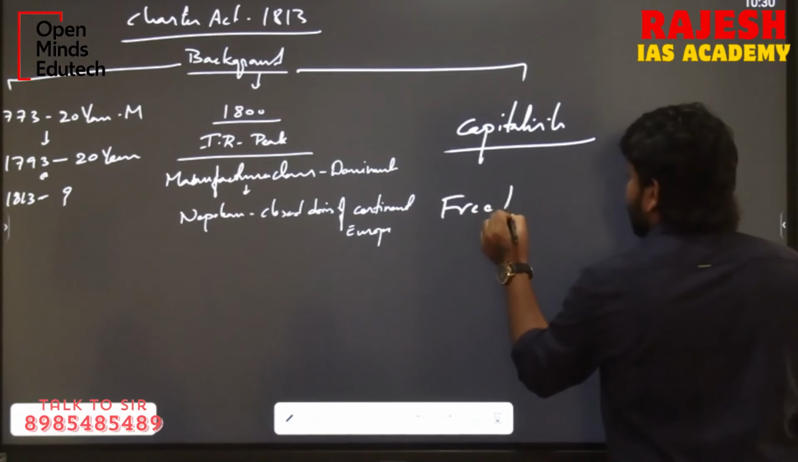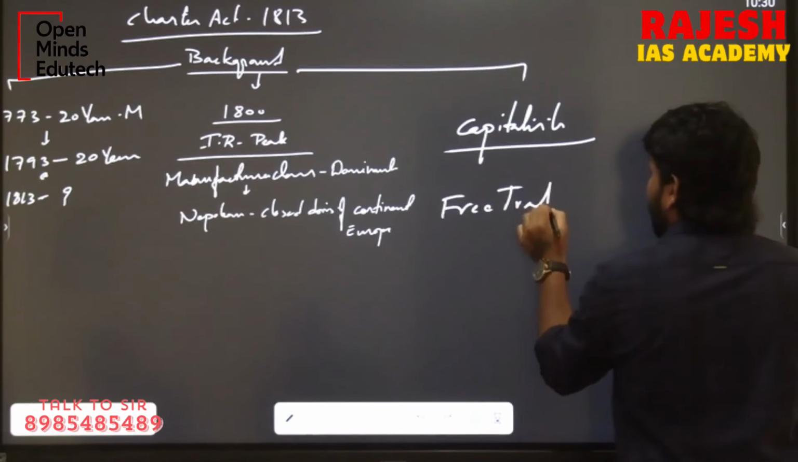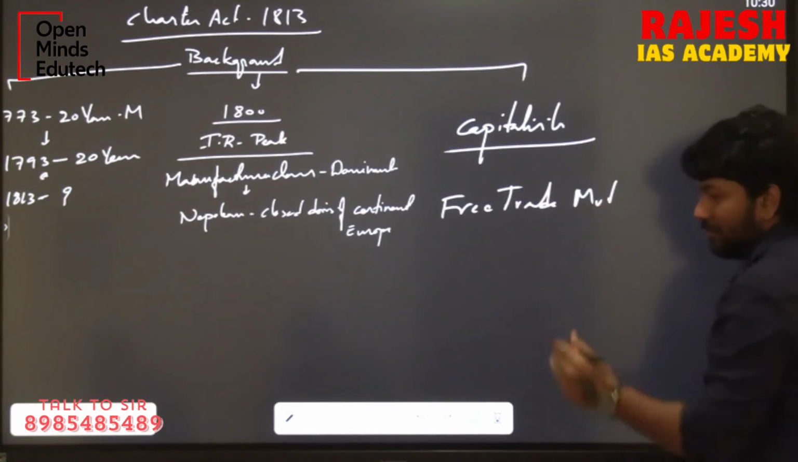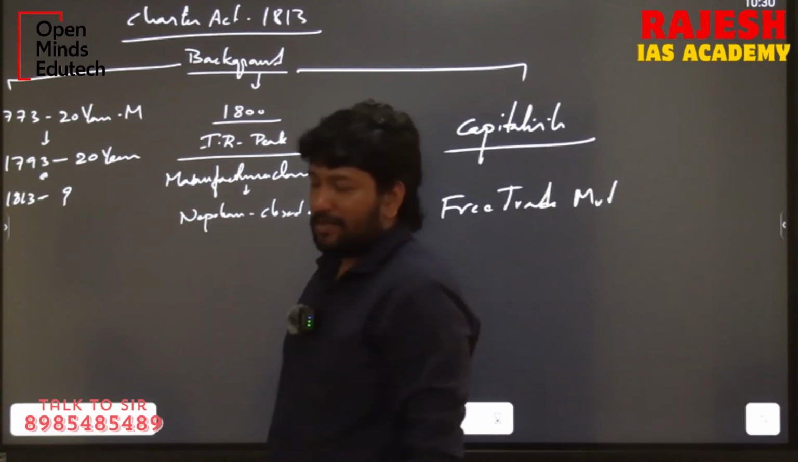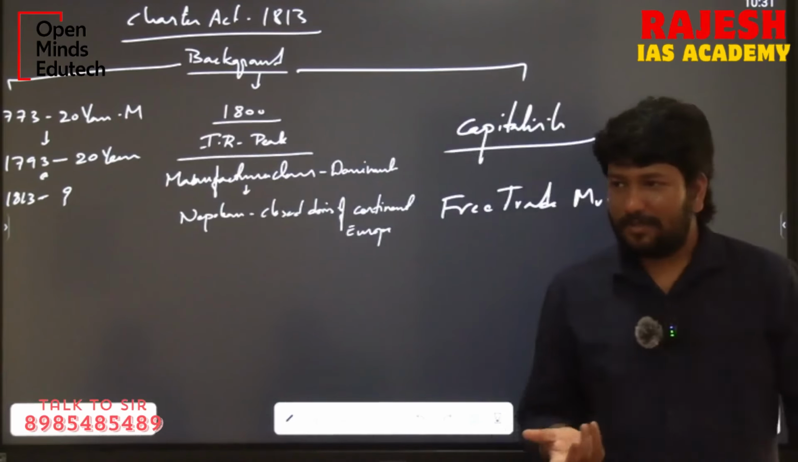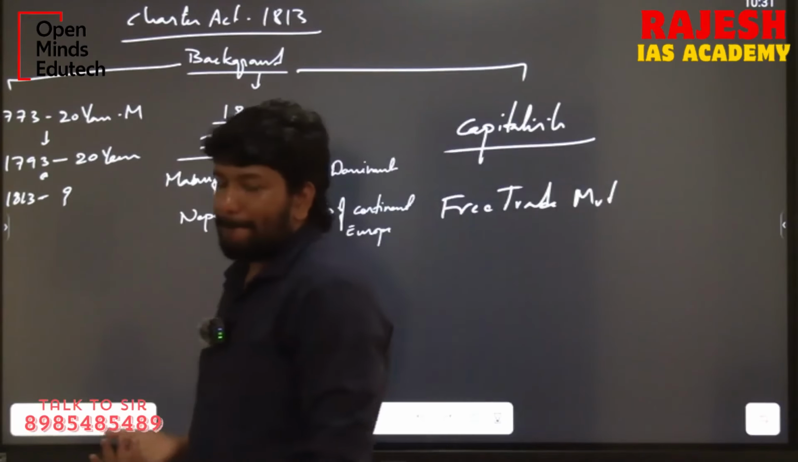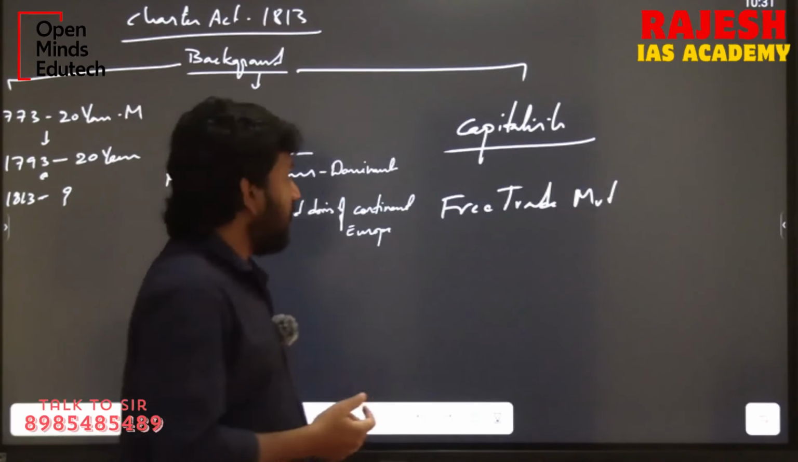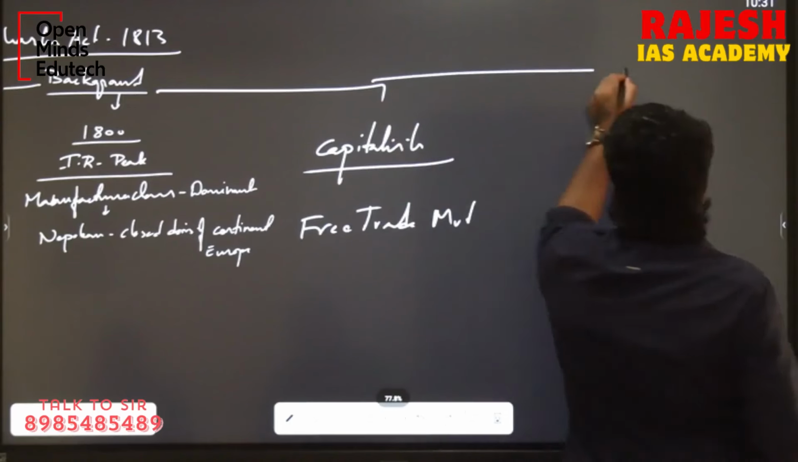Free traders. The free trade movement, Adam Smith and all. So they want to open the markets. Okay, free trade movement. And most important, you can also write: